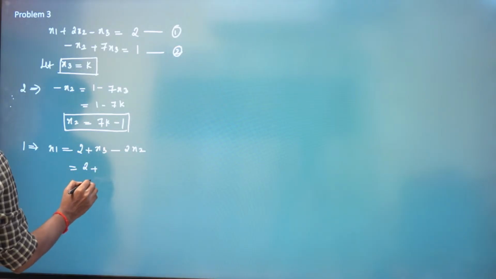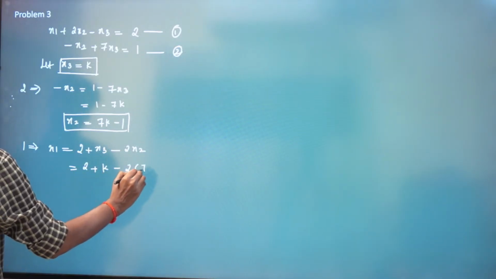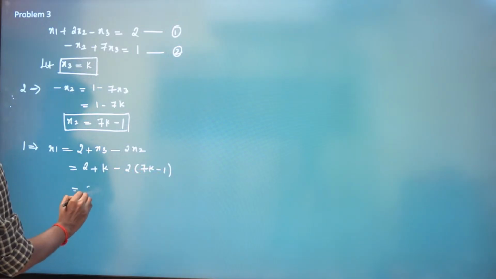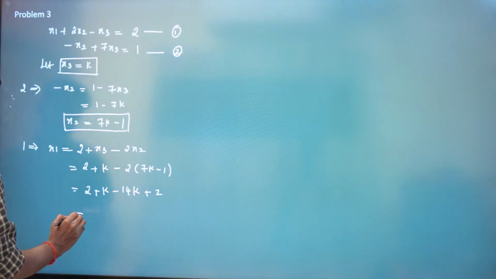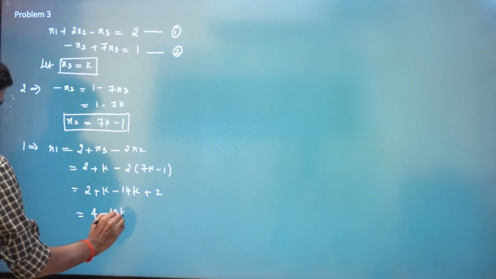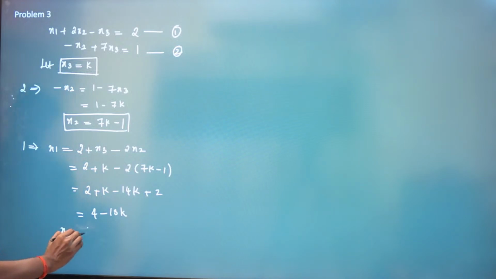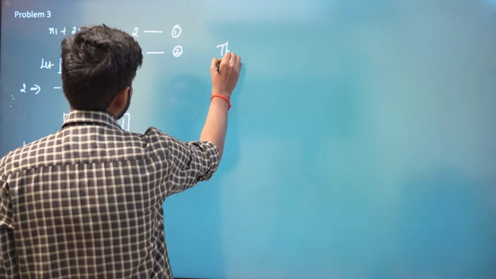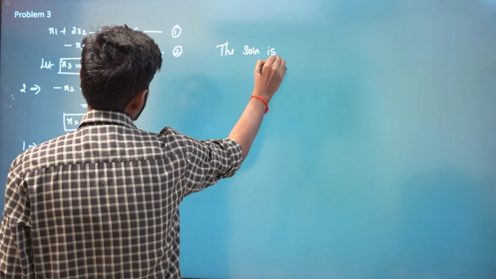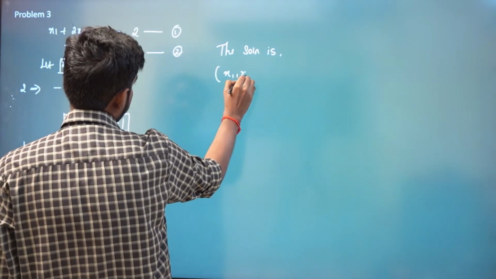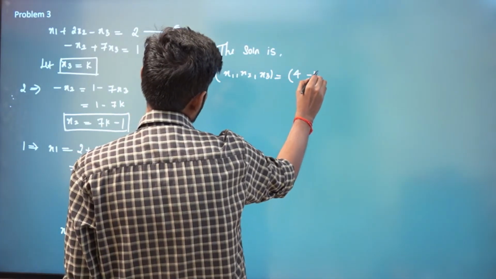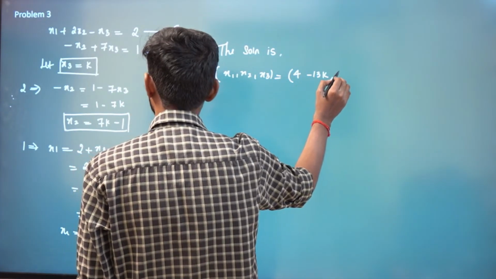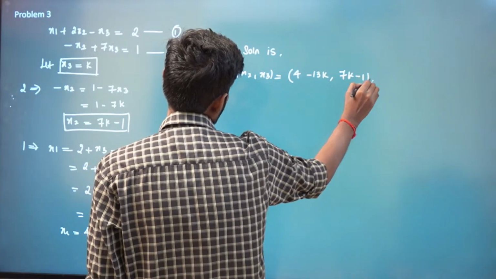So 2 plus x3 is k, minus 2 times x2 is 7k minus 1. So 2 plus k minus 14k plus 2. So 4 minus 13k, right? So therefore the solution is x1, x2, x3 equal to x1 is 4 minus 13k, x2 is 7k minus 1, and then